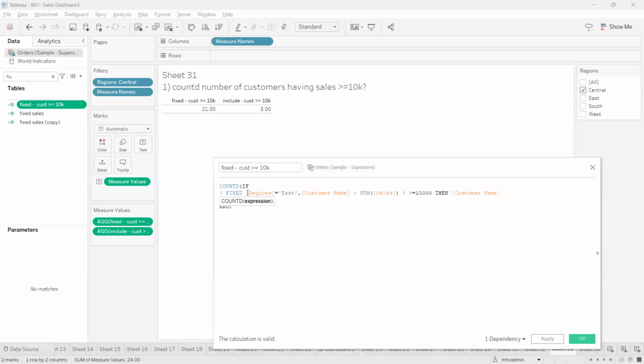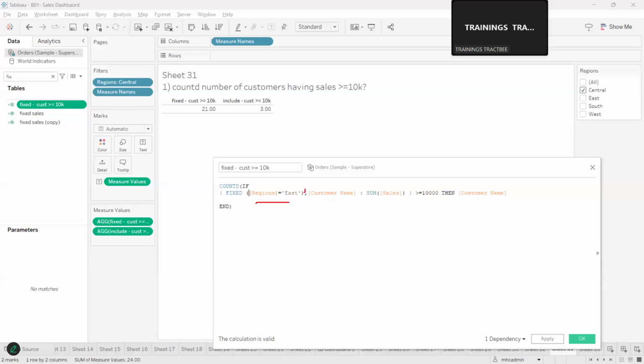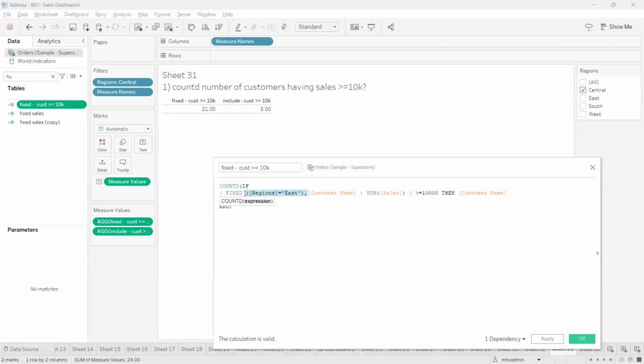So within the fixed delivery, you can write some true false calculations like this. This is coming under one field here, customer name is one field, so the calculation is valid here. Okay, so you can do it like this,